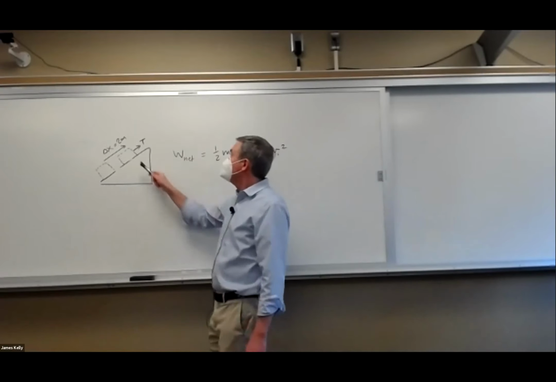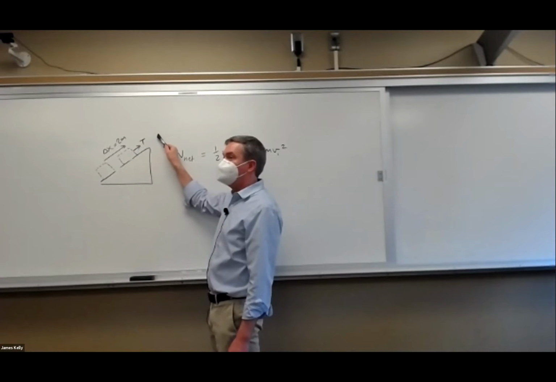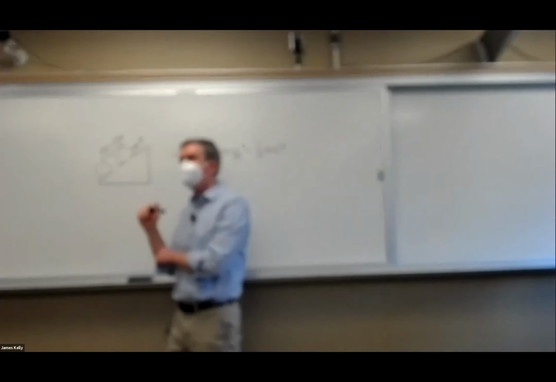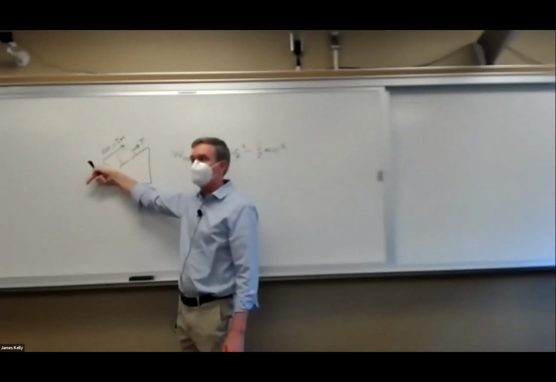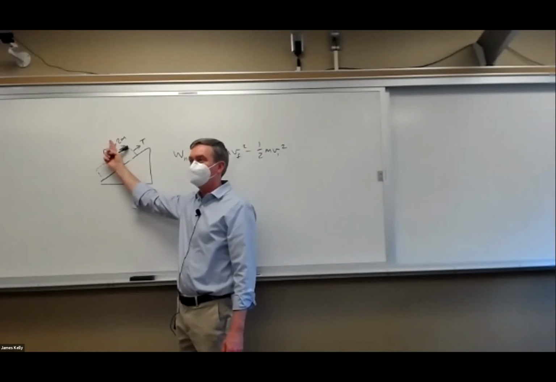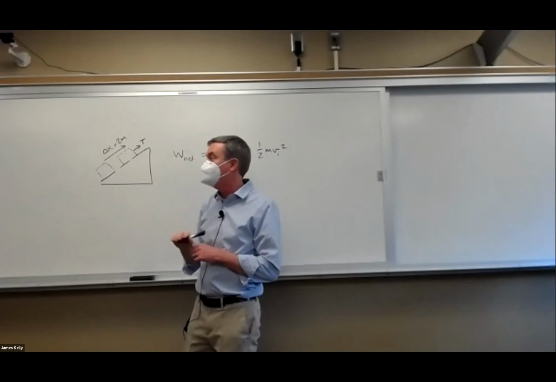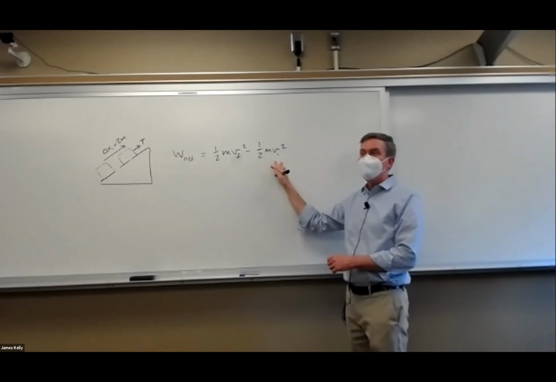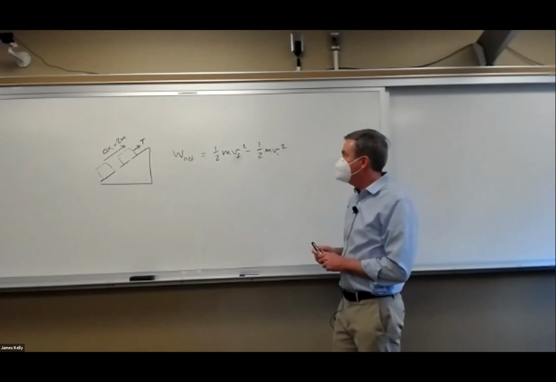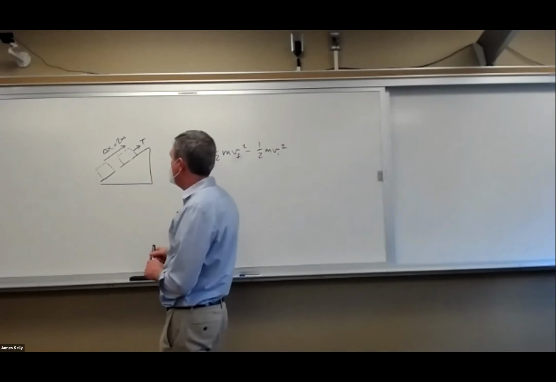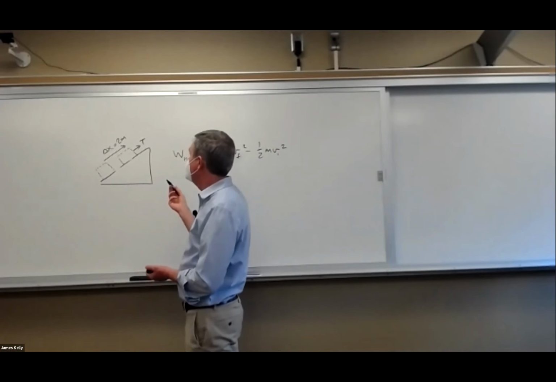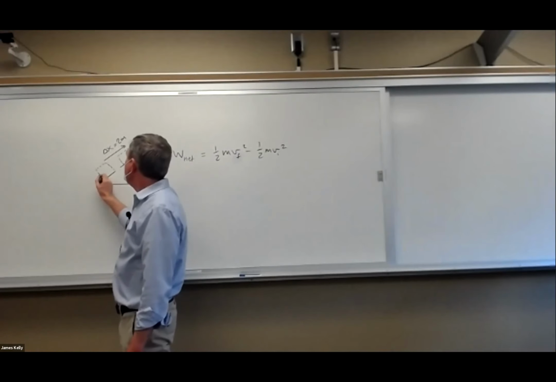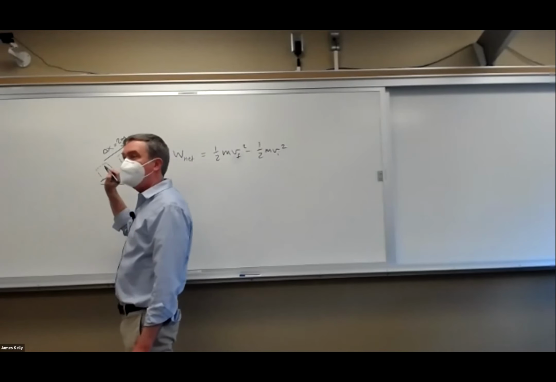Now, net work means, of course, the tension's doing positive work, but gravity's trying to pull it in the other direction. So gravity's doing negative work. If there's friction, friction's doing negative work. The normal force is doing 0 work. So there are lots of things. But one thing that's easy to know is that when you add them all up, they're going to add to 0. And that may or may not help you get the work done by tension or the work done by friction. But, suppose you move it 2 meters